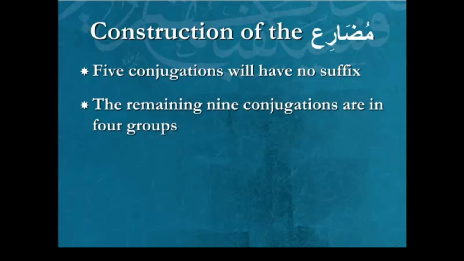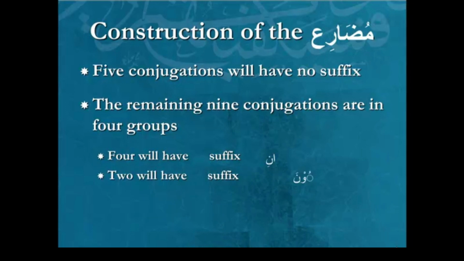The remaining 9 conjugations have endings, and based on the common ending, they're grouped into groups. So for example, all 4 duals have a common ending, and that would be an alif and a noon. All 4 duals will have an alif and a noon at the end, and the 2 plural masculines have a common ending, and that's the waw coupled with the noon. So you get luna, luna, and then the beginning portion would distinguish between number 3 and number 9. So number 3 is yaf'aluna, for example. Number 9 is taf'aluna.